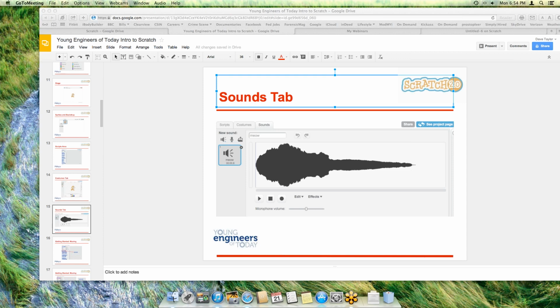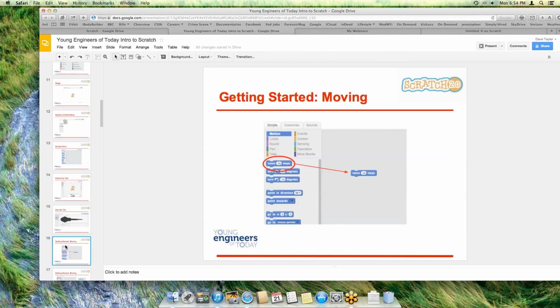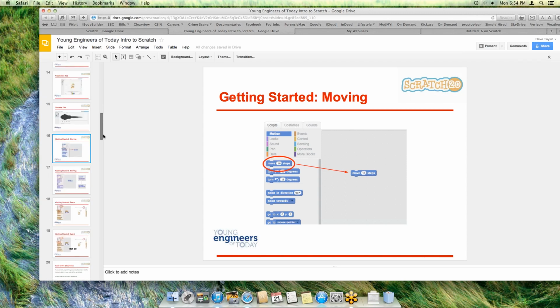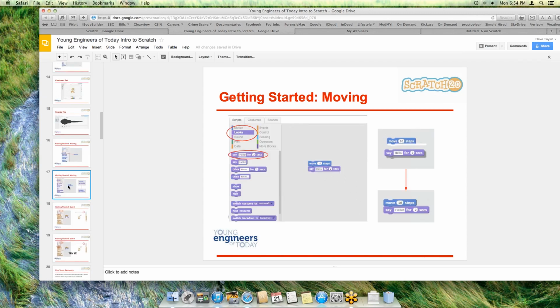So moving forward, so that's all the different tabs, as well as your scripts and sounds. Okay. Now we're gonna get started moving. So basically, here, if you grab the move block and you put it out there, it would move 10 steps. Now, after you did that, you can go to looks